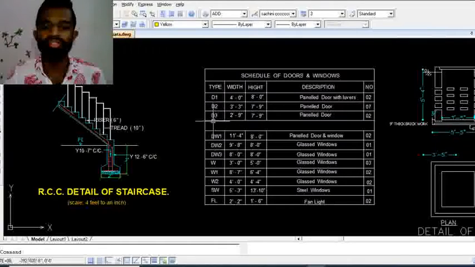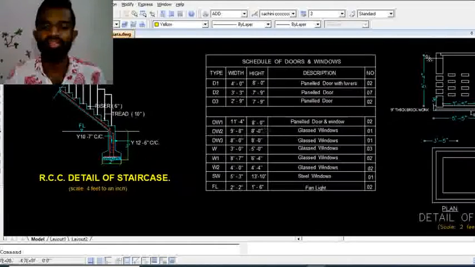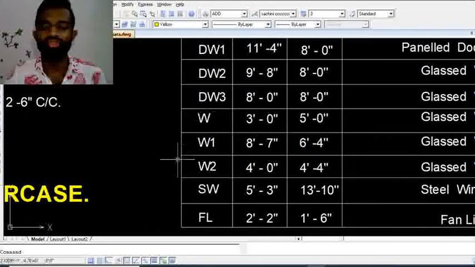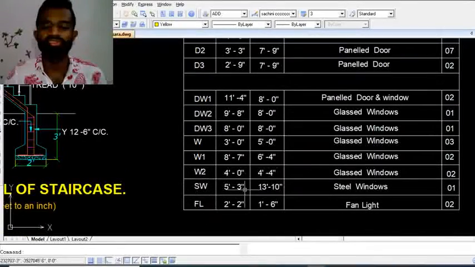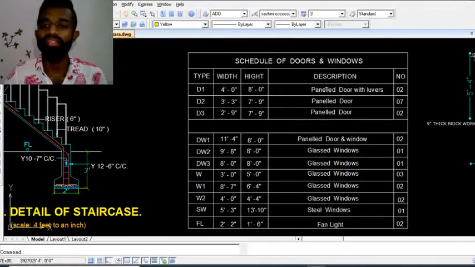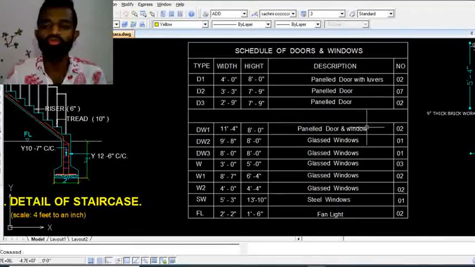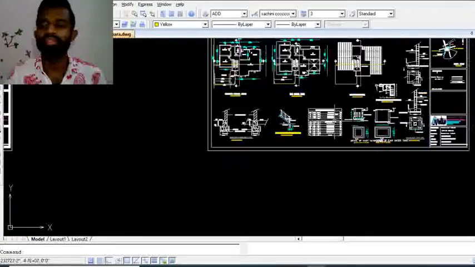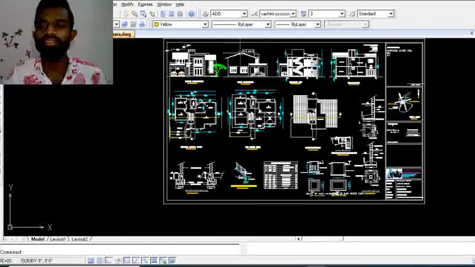So there are 3 door types and 3 door window types and 3 window types, and some fan lights and all that. All the dimensions along with width and height and description will show how to make these doors and windows, whether it's wooden or with louvers or with panels or whatever it is. The number of items is also indicated here. So along with these things,